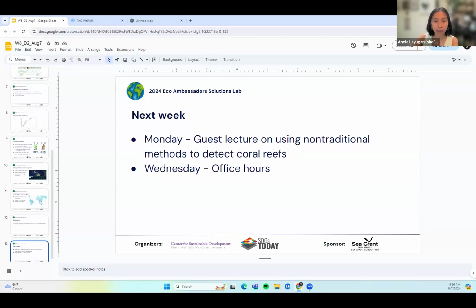But I'll stop sharing my screen. I know that there's a lot happening on my computer, so it's glitching a little bit and things are loading